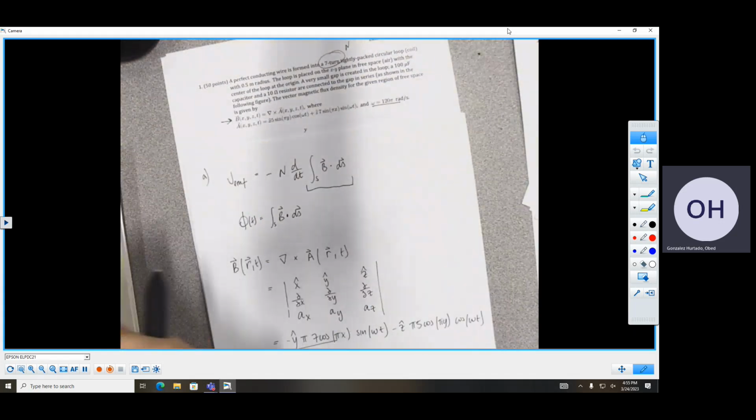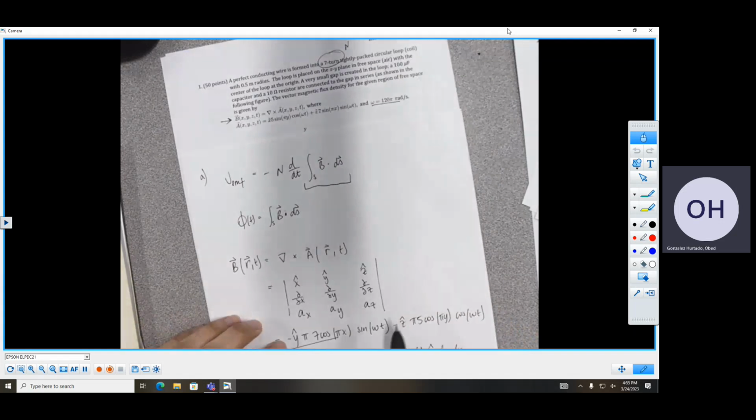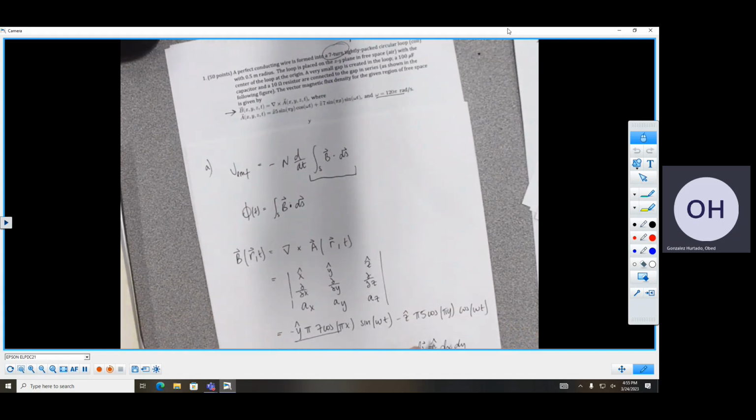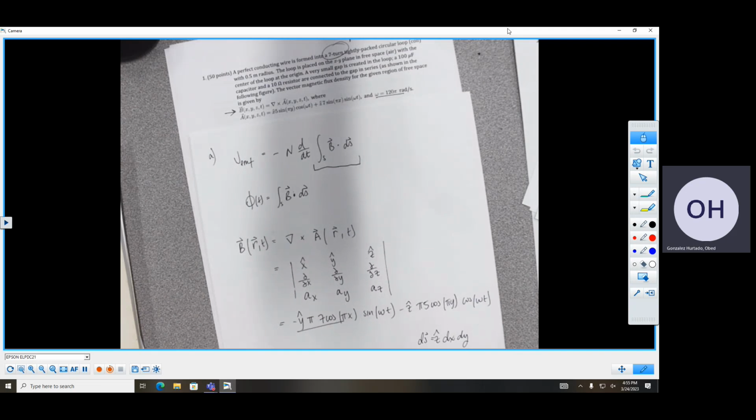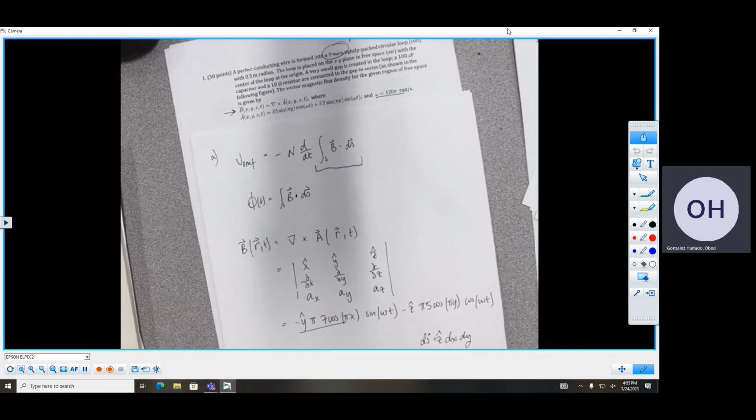And that's that because when we take the dot, it gets canceled out. Okay, yeah. So our integral will be